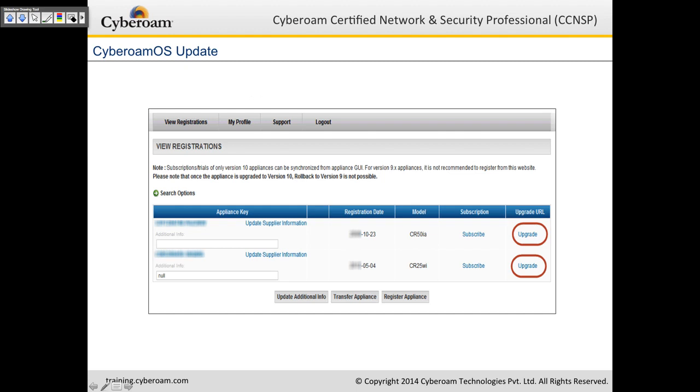First, the customer is required to download the Cyberoam OS update file from the customer's account at customer.cyberoam.com. So you need to go to customer.cyberoam.com. You need to log in with your username and password, and beside the serial number of the appliance you see an upgrade link out here. You click on the upgrade link and it gives you the option to download the firmware,